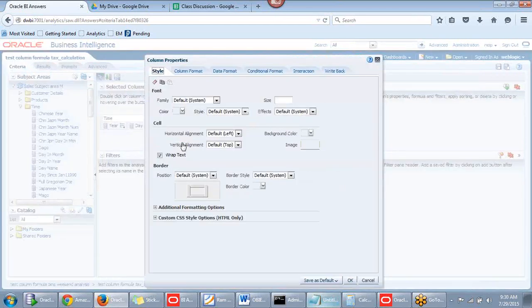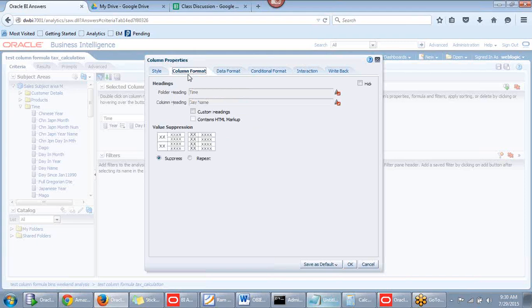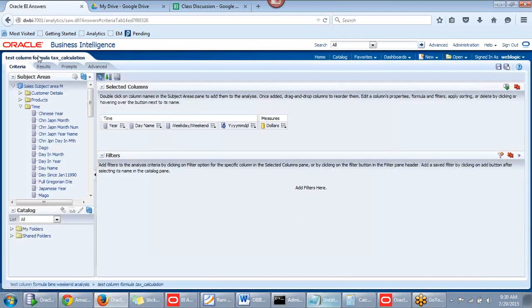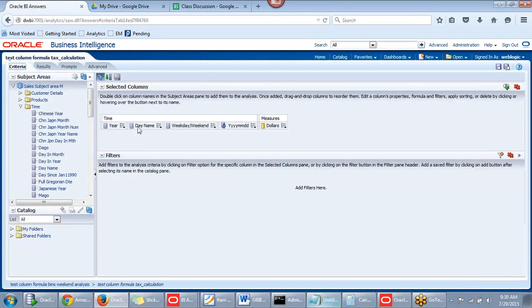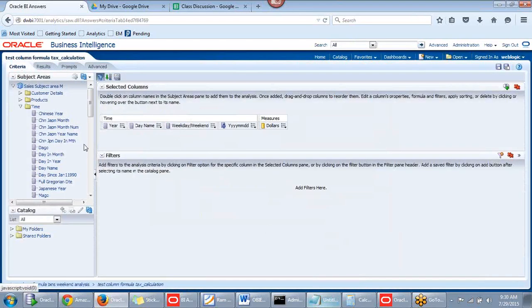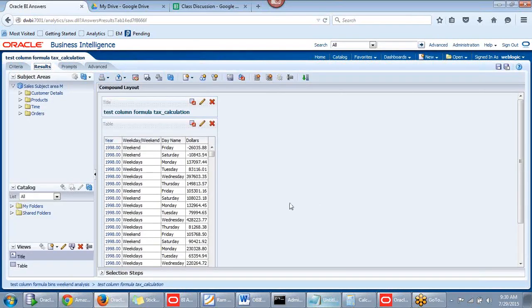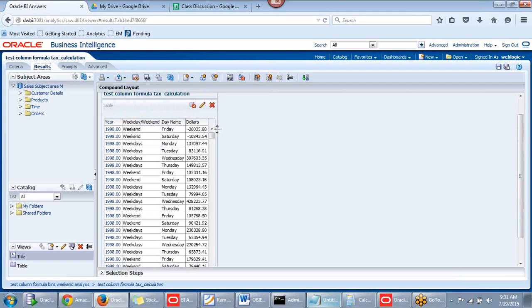And in this day name, this drilling property is getting disabled. And I do need to suppress. I'm going to do the same thing for this one even. Click on results, but it's not getting applied. Sometimes we will be getting this kind of weird errors, but ordering has been applied here. See,